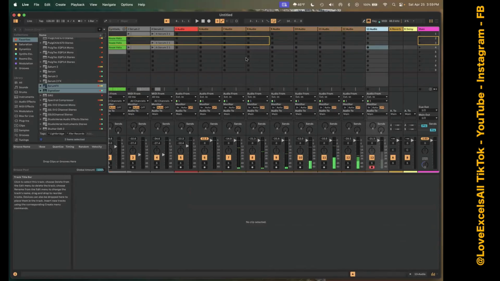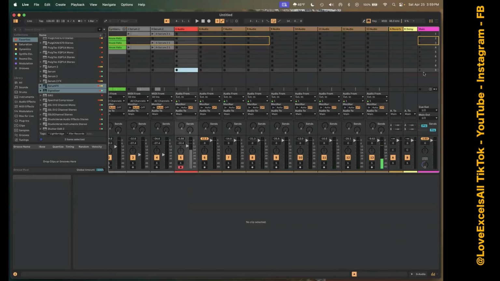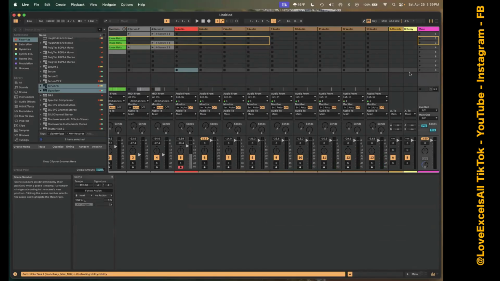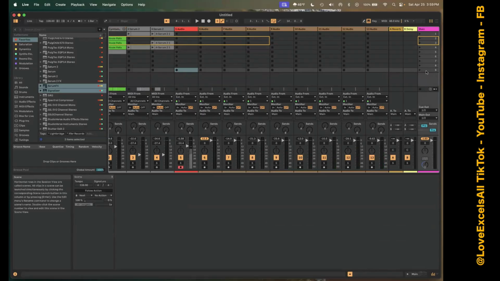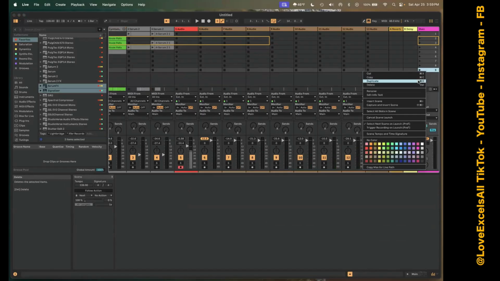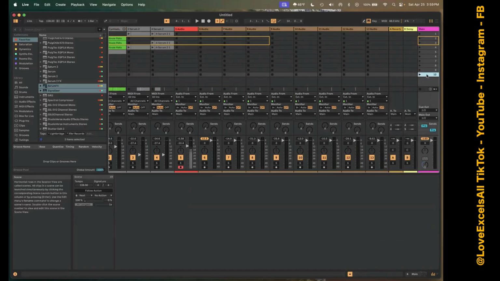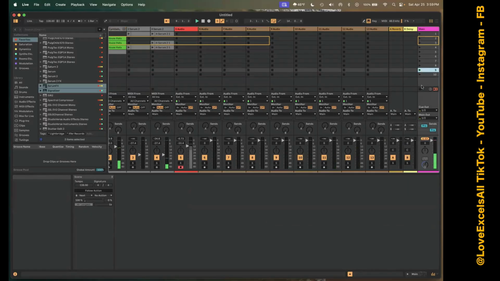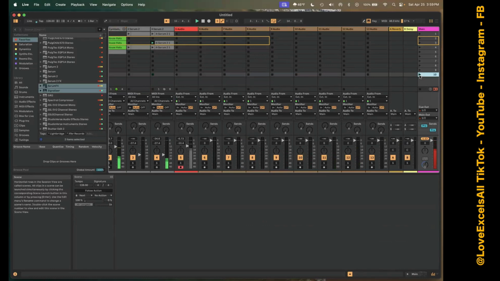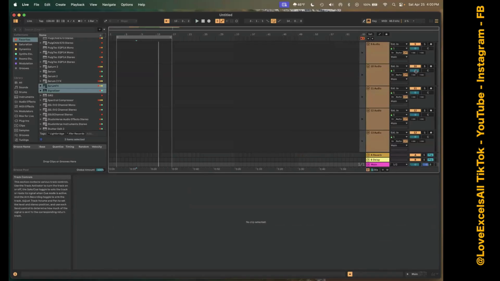add and create one row for my alternate version. I could have an 8 bar version and then duplicate it and then maybe do a 12 bar version. And when I'm coming from here, fire off that 8 bar one. I don't like that. Let's come from here and we'll fire off our 12 bar one. I like that much better. So before I even print it and commit it to the arrangement view, I have a working arrangement, so to speak,